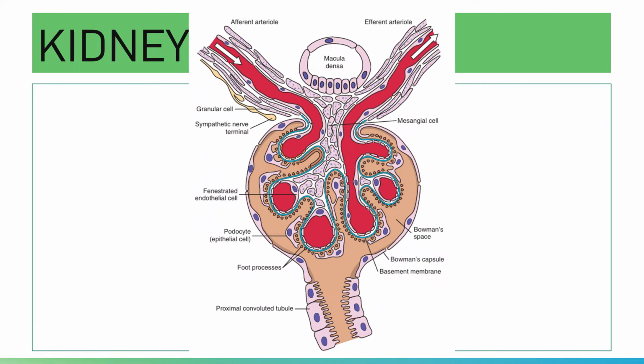Let's take a look at this illustration. You have here your extraglomerular mesangial cells that are located at the vascular pole. And then you have here your mesangial cells. They fill the interstices of the glomerulus wherein there are no podocytes, or not enough podocytes to fill the interstices. This is a mesangial cell, and collectively you call them the mesangium.